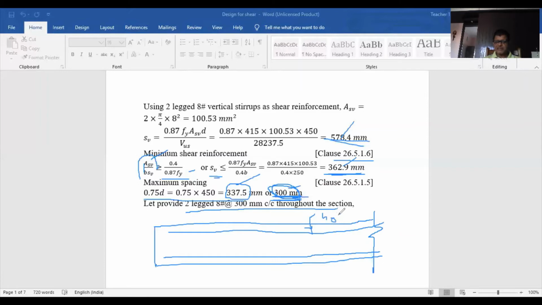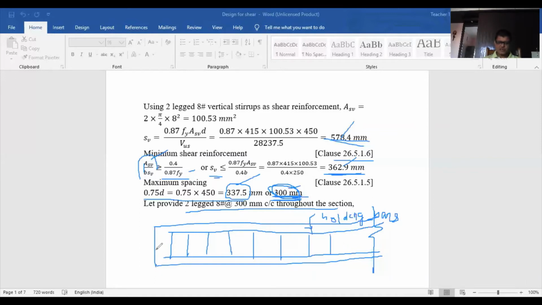Holding bars means that whenever you give your shear reinforcement, it will be held by these bars. They don't take any design strength, or give any moment of resistance, for the single reinforced section. They only hold the stirrups. Now what you got is 2-legged 8 mm at 300. So you put one like this, and like this you go on putting these shear stirrups throughout the section.